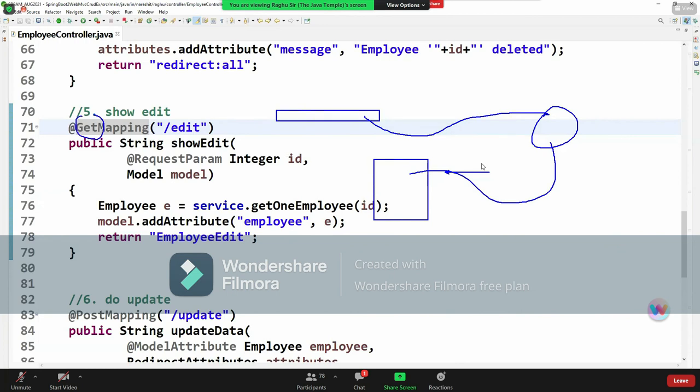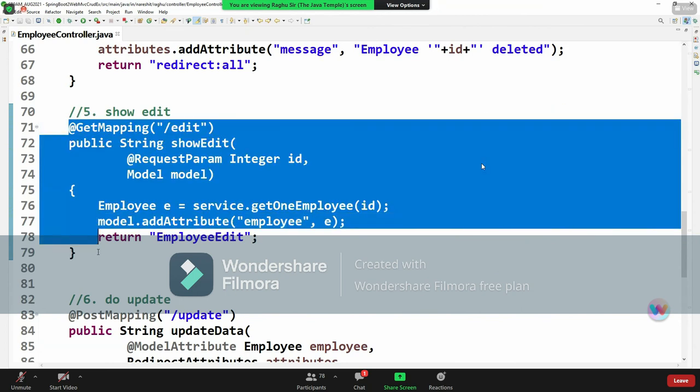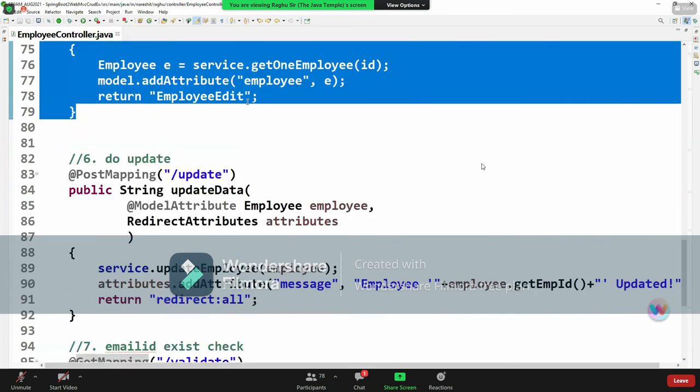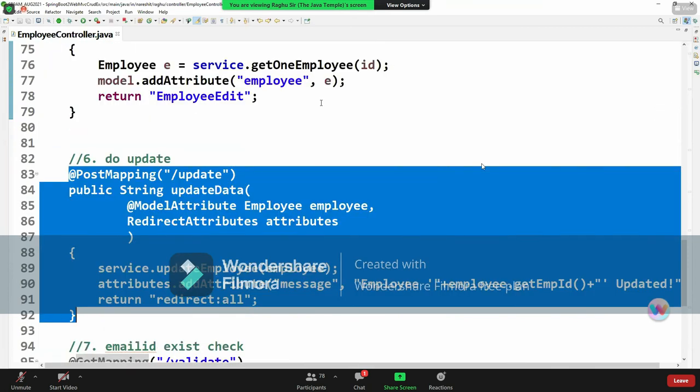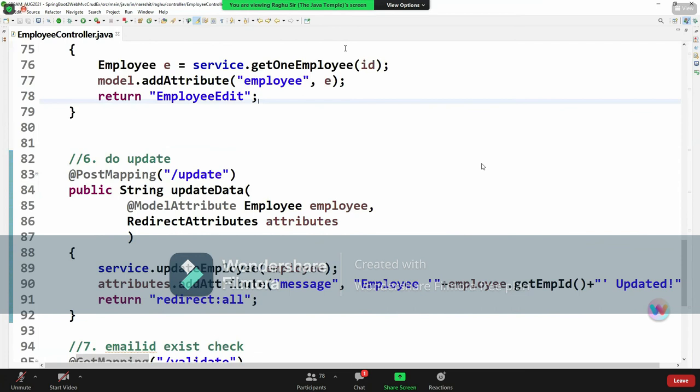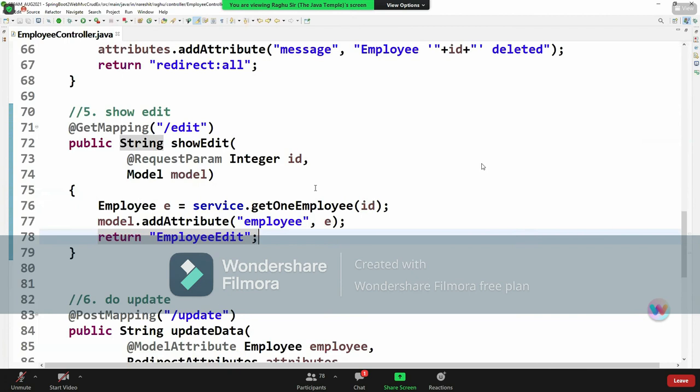Edit is nothing but showing the data in the edit form. Now when you click on submit, the form data will be taken, converted to an object again, and stored in the database. That's the concept. One is to show the data in the edit page. The second one is to post the data to the database. This will not happen automatically. First you have to load the data into the form, right?